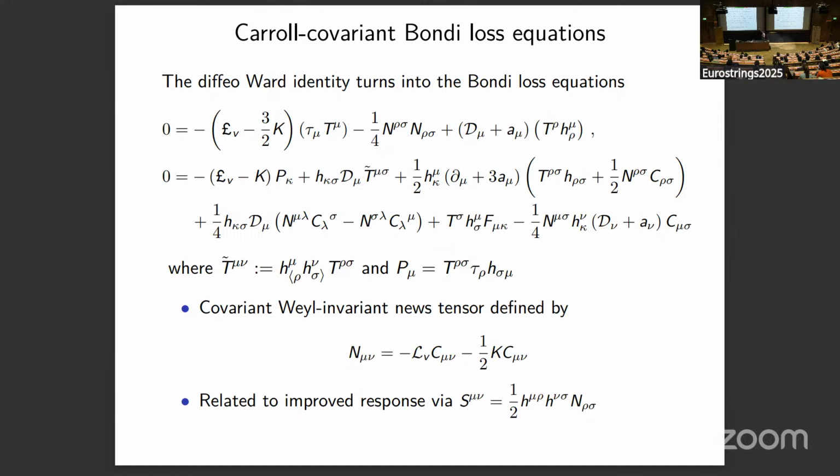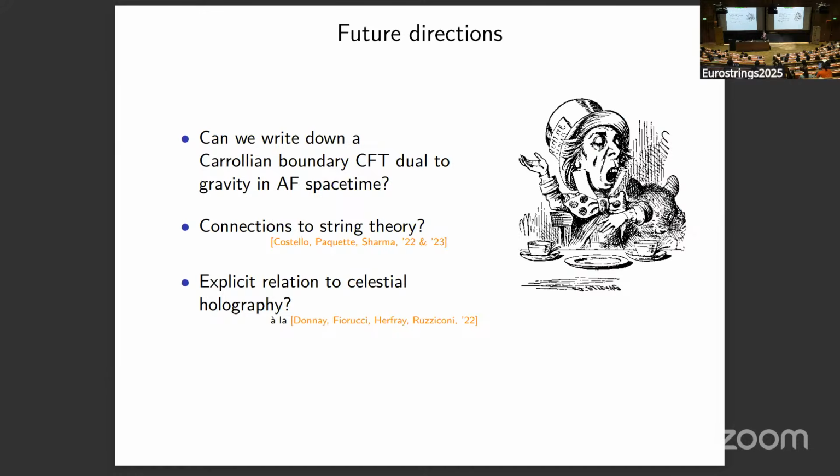And this n, in case you're wondering, is a Weyl invariant version of the News tensor. So usually the News is just the retarded time derivative of the shear. And this is, if you take v to be like minus du, and k to be 0, roughly that. So to end, of course this opens up many, many interesting new directions